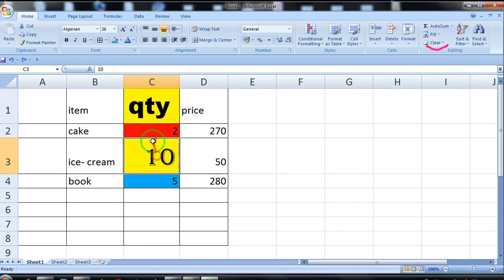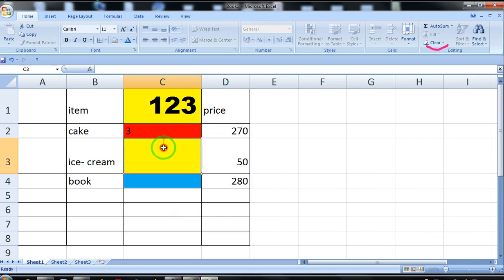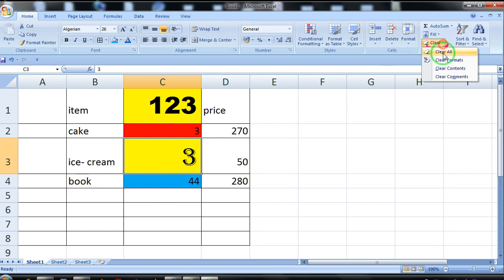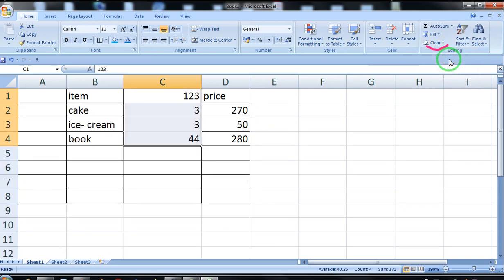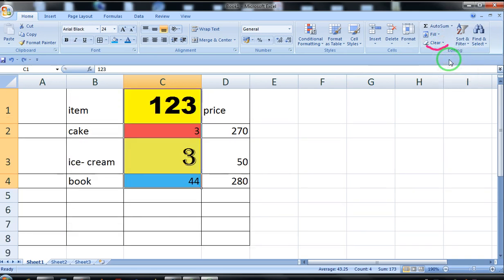So let me show you that with an example. Select the cells in which you want to apply clear content. So now you can see the content is only cleared, formatting is still there. Increase the size, you can see the formatting. So this is because of clear content. Only the content is cleared, formatting is still there. But when you choose the option clear format, it will remove the format, content will remain there. When you choose the option clear content, content will be removed, formatting will be there.